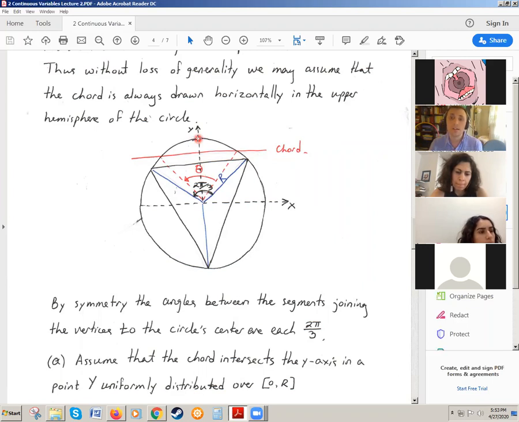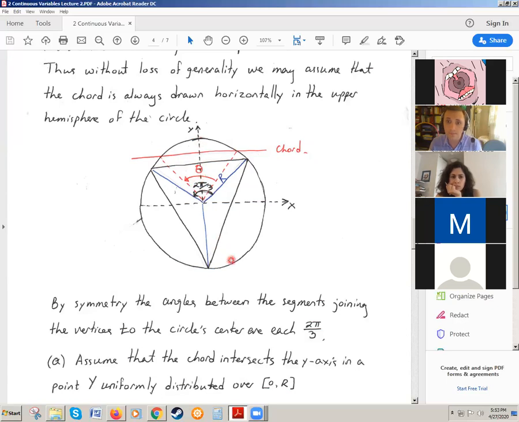Yeah, I reduce the whole situation. When the chord is dropped, I rotate until this piece is parallel to the chord, and then that's the picture I can always see. So now I have reduced it to the idea that the chord, when dropped, is distributed uniformly between 0 and r. Then I need the density function for it. What's the density function if it's uniform between 0 and r?